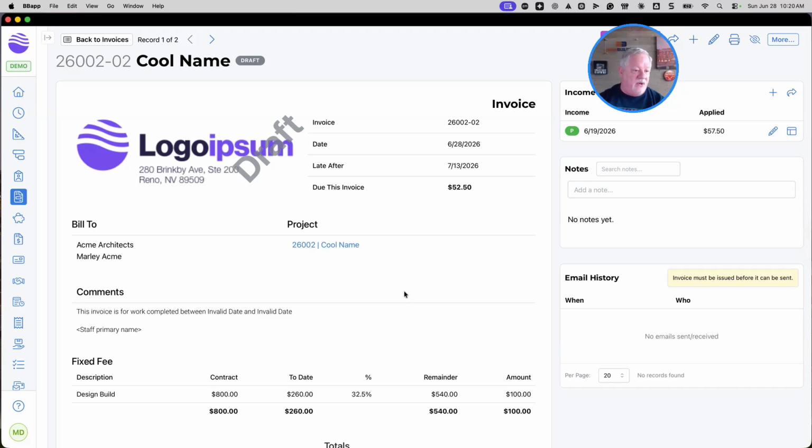If you ever get an overpayment, well, actually, that wasn't an overpayment. They just paid the invoice, but you had overbilled, so you wanted to retroactively take that off. But if a client does overpay you, just apply the amount that needs to be applied, and then they will have a credit sitting there ready for you to apply to their